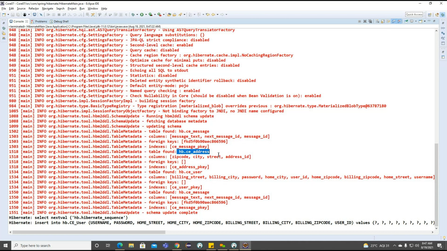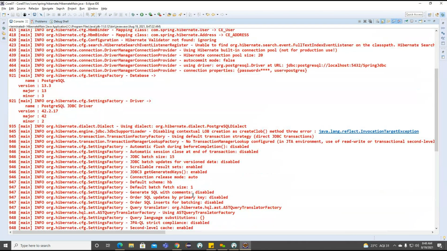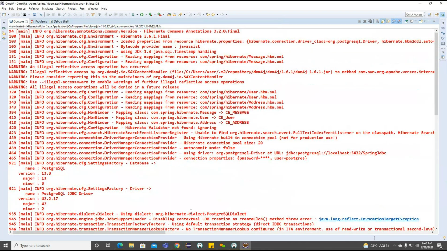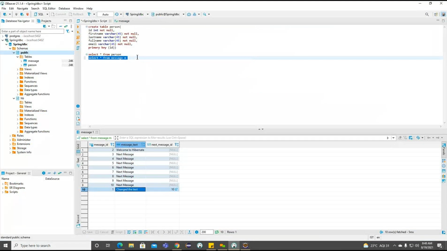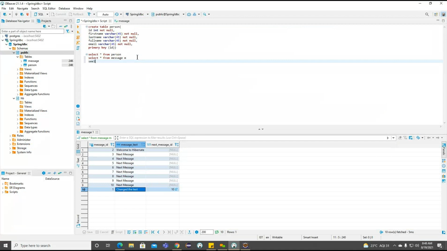And one more table they created, address table. These are the indexes for the address table and user table. Okay, so schema and everything completed. So sequence is generated. And so what is the value of this particular sequence here? Anywhere we can find. Okay, now we need to go for the table here first.